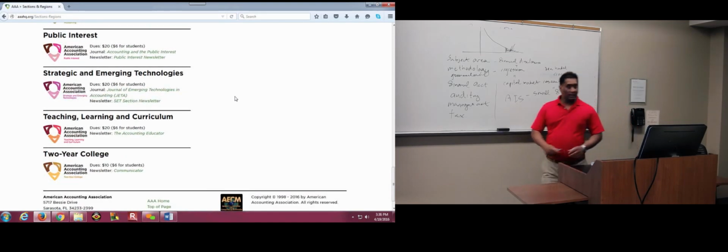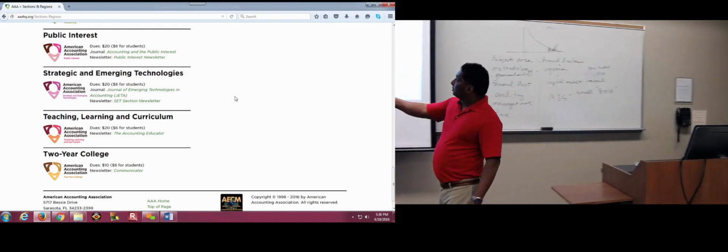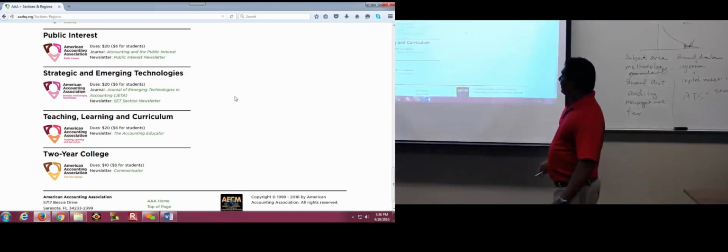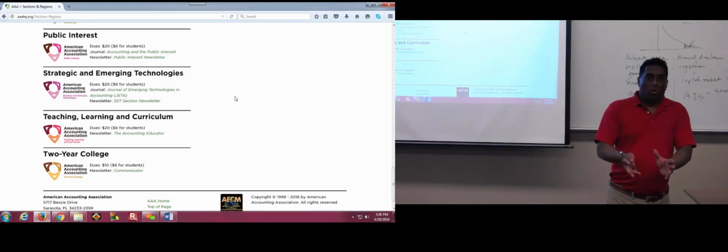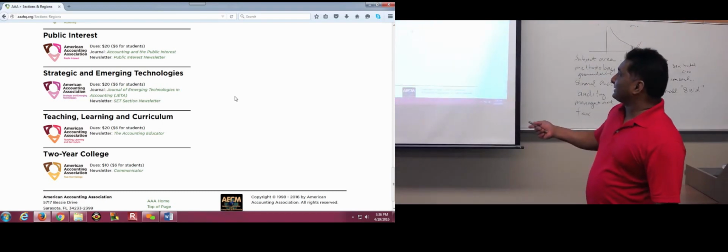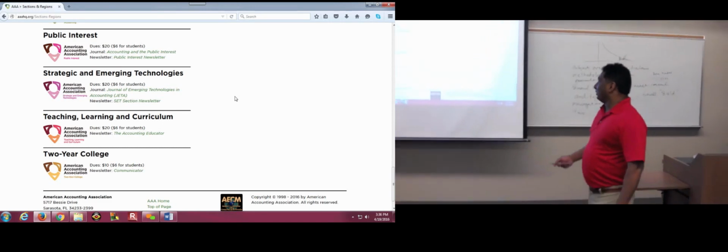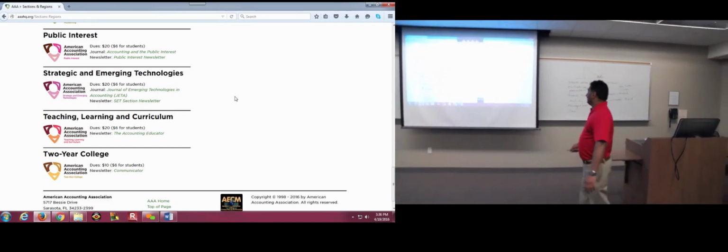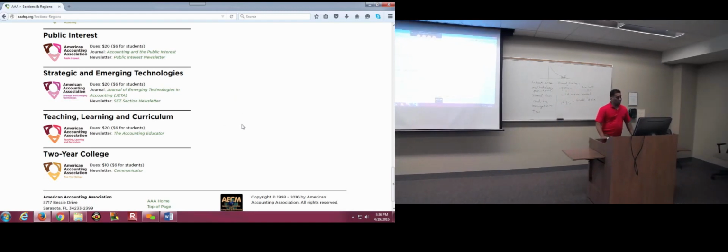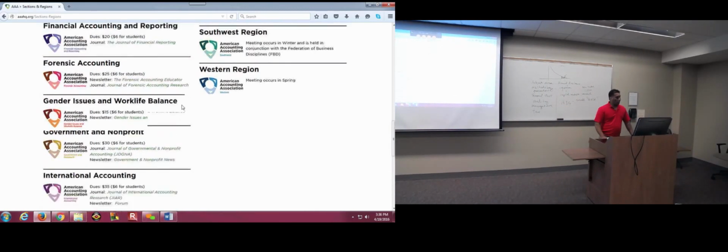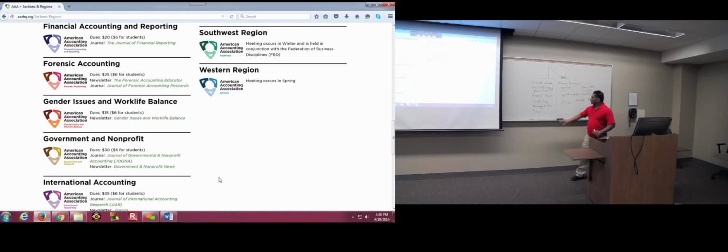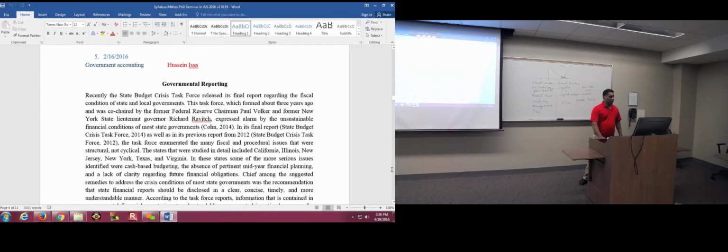And here is the second technology group. So for whatever reason, even though we are a very small field, there are two separate sections. Almost everybody belongs to both, so it's kind of silly to have two, but anyway, they have two. AIS and ACT are the two technology sections. But as you can see, governmental accounting is one of the established subject areas in accounting research, and this is what Hussein is talking about here.